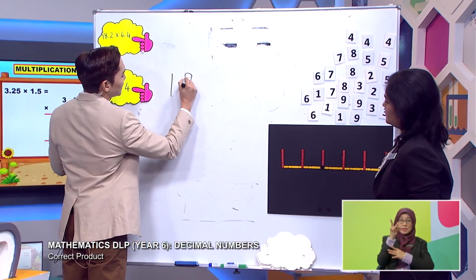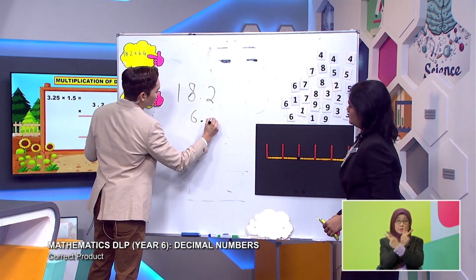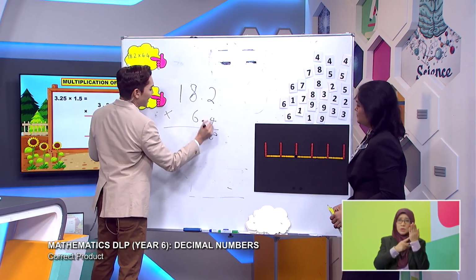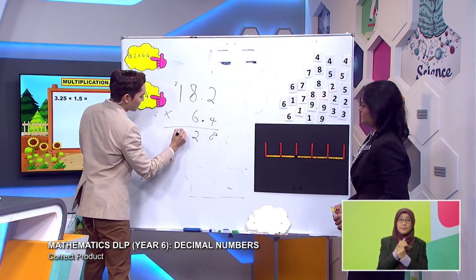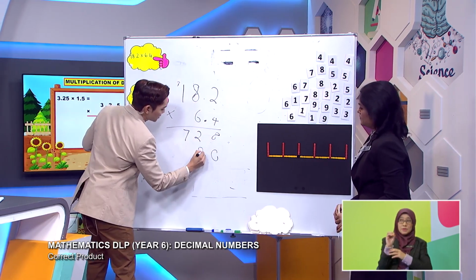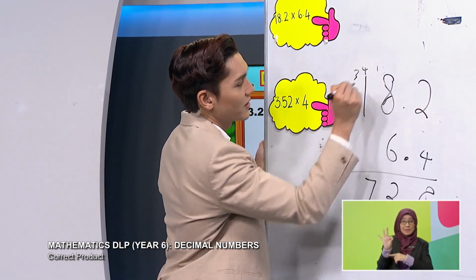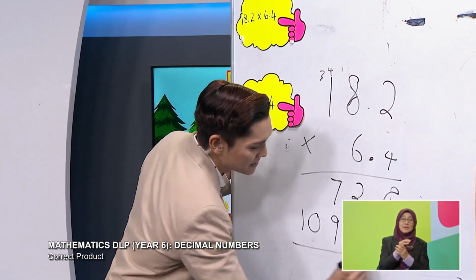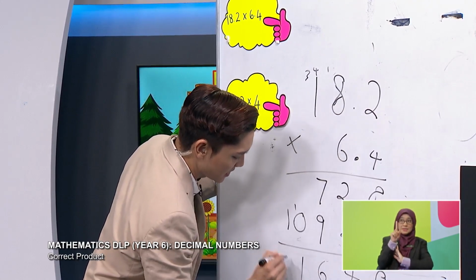18.2, and then we have 6.4. And we times here. We ignore the decimal, kids. 4 times 8, 8, 16, 24, 32, 3, 4, 5, 6, 7. We put a 0 here for your safe side. 6 times 2 is 12, 6 times 8 is 48, 49, 4, 1 times 6 is 6, plus 4, 10. Let's put it together and add on. 8, 4, 6, 1, 1, 1.